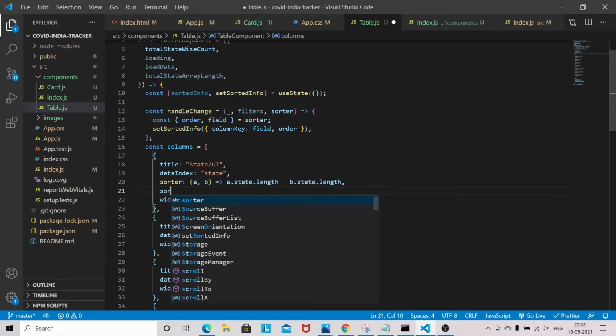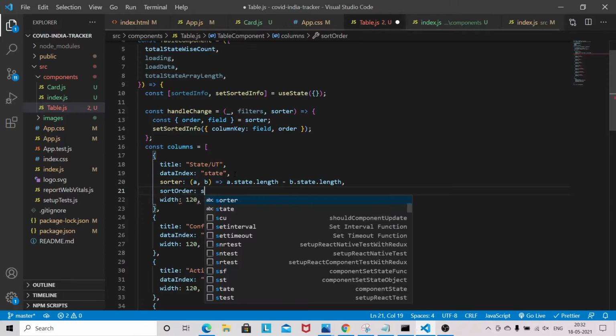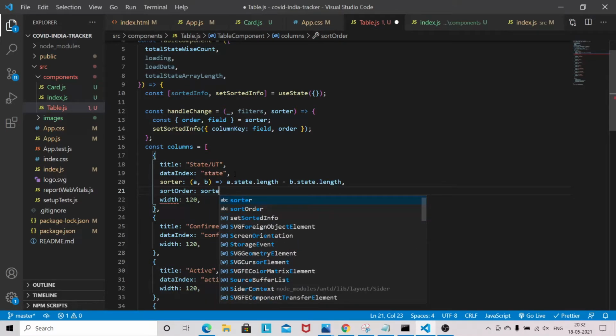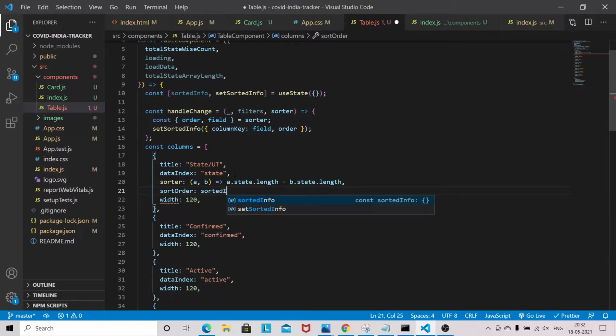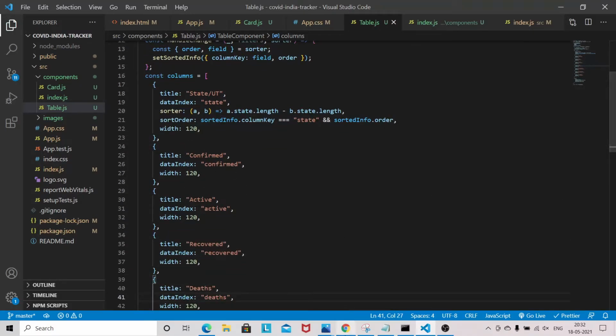Okay, and sort order. Sorted info dot column key, since we have stored the column key in state, and sorted info dot order.